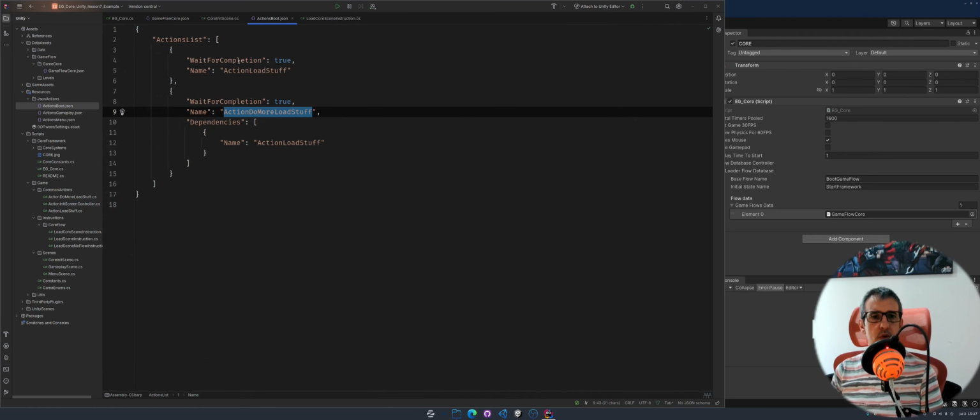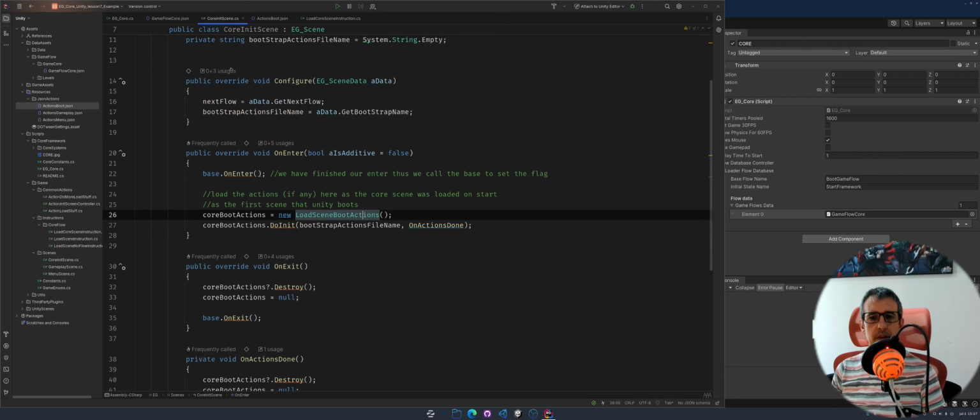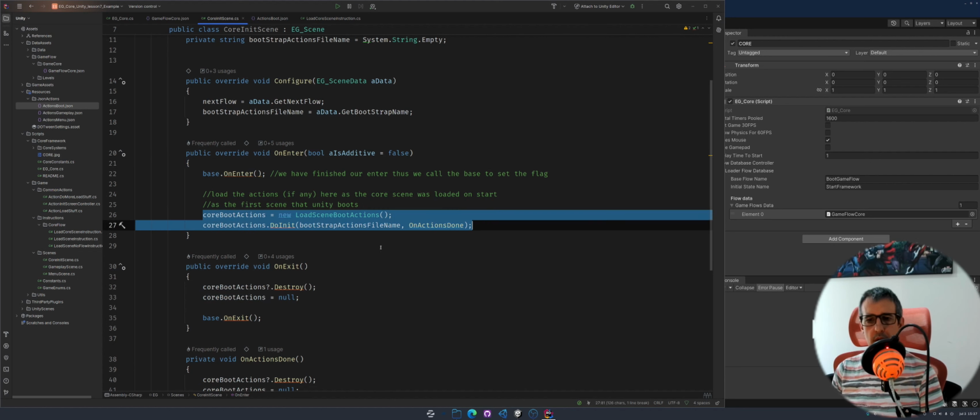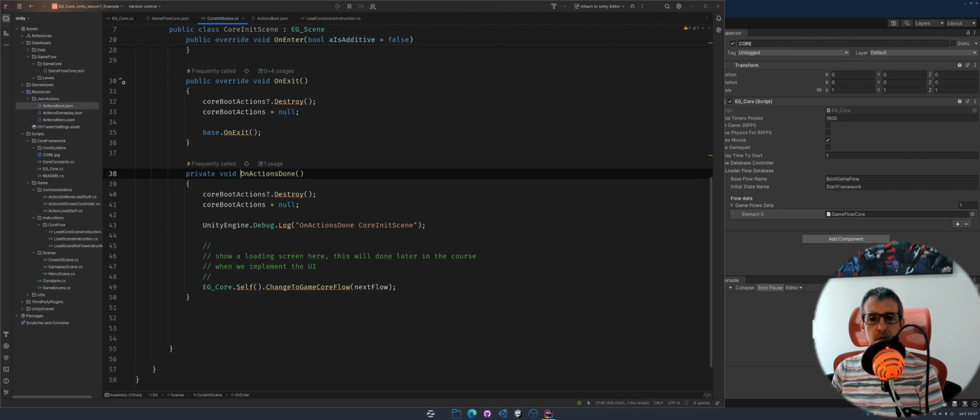So let's go back to our lesson 7. Like I said, I'm gonna wait for the actions to be completed, and the actions are the things that I'm loading within my scene. So presumably at this point on enter, I will be loading my Unity scene if I have to. In this particular case, I'm not, so I'm going directly to load the boot actions. And after all the actions have been done, I obviously destroy the actions, and then I just call the core to change to the next